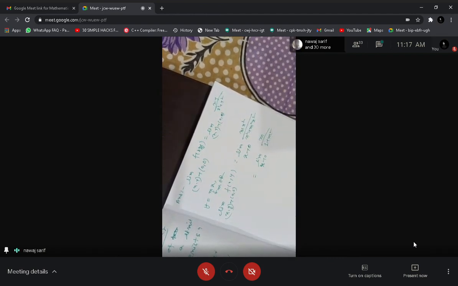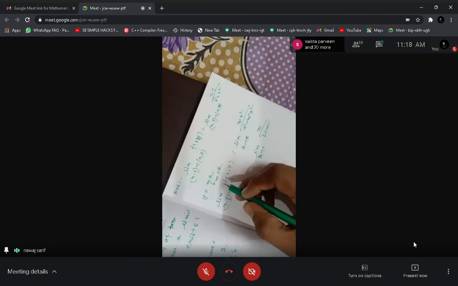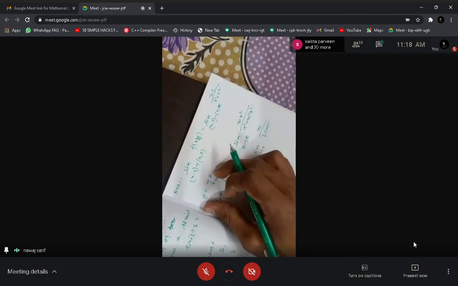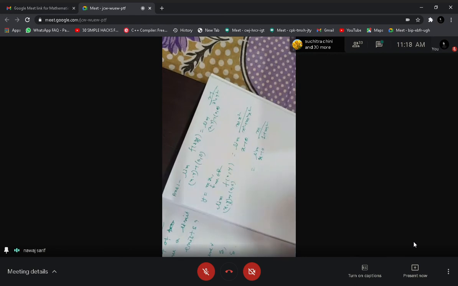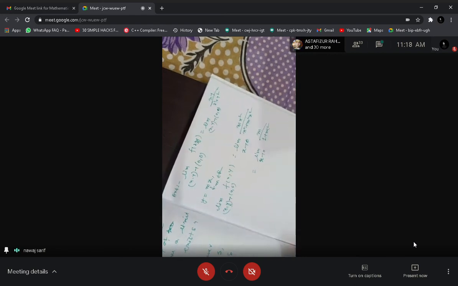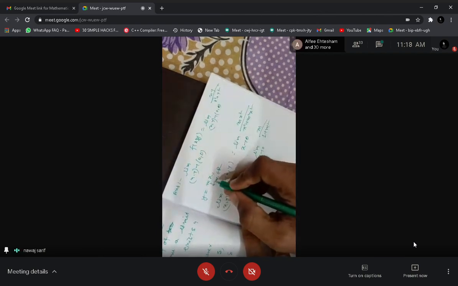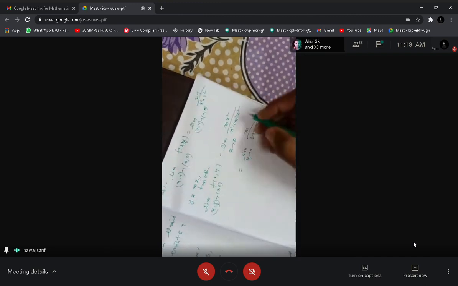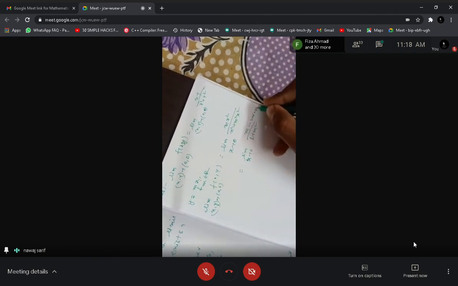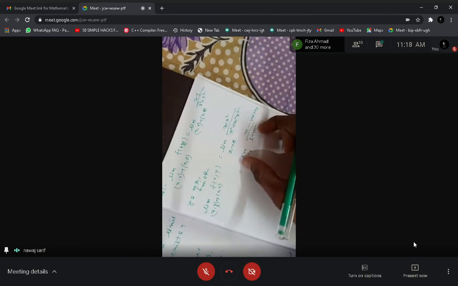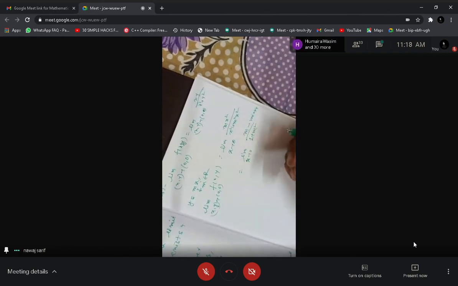Understand what I'll say? Finite number. No, you just try to understand that when we say that the limit exists, that means that the limit L is unique. But when we approach along the line y equal to mx, then this limit is what? m by 1 plus m square. And m is what? m is a variable. When we change m, then this limit will change. But when the limit exists, we can say that the limit is unique.